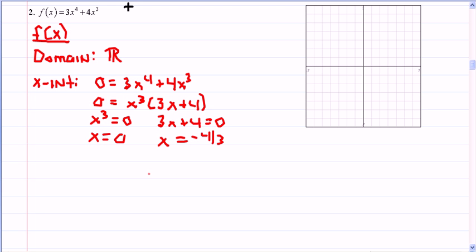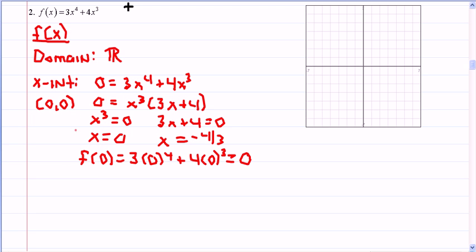So to find the y coordinate that gets matched with each x, I take f of 0, I take 0 and substitute it into the original function to get 0. So one x-intercept is (0, 0). And then I take -4/3,